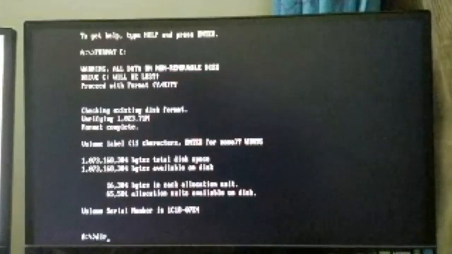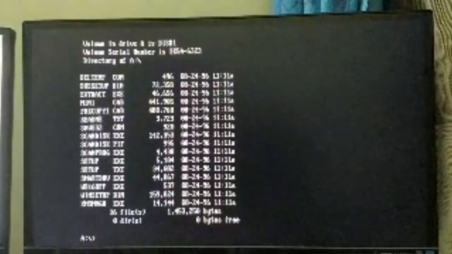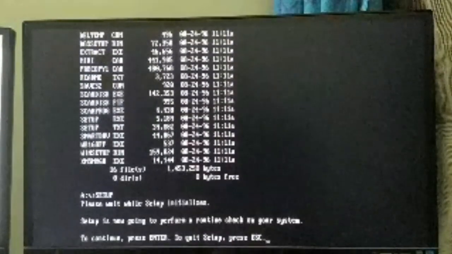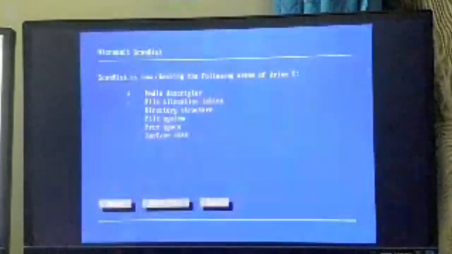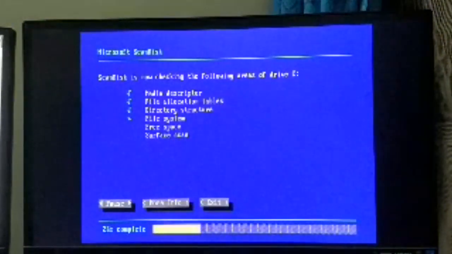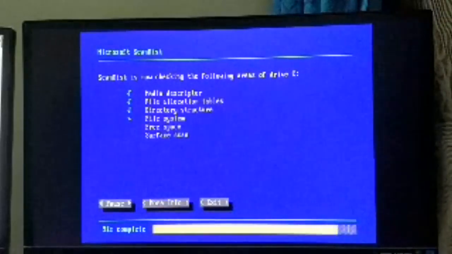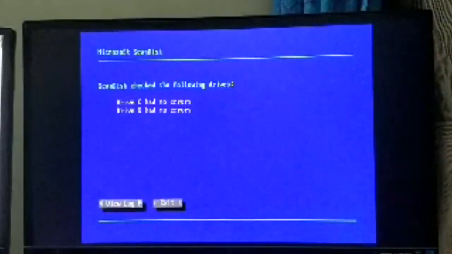So now if I type dir, I should see all my floppy disks there, and I can run setup. That would run the initial blue screen setup for Windows 95, and this is not the blue screen of death. This is the blue screen of life because that's what happened when you installed Windows 95. And now we can continue with the setup, and it goes ahead and starts copying a bunch of files